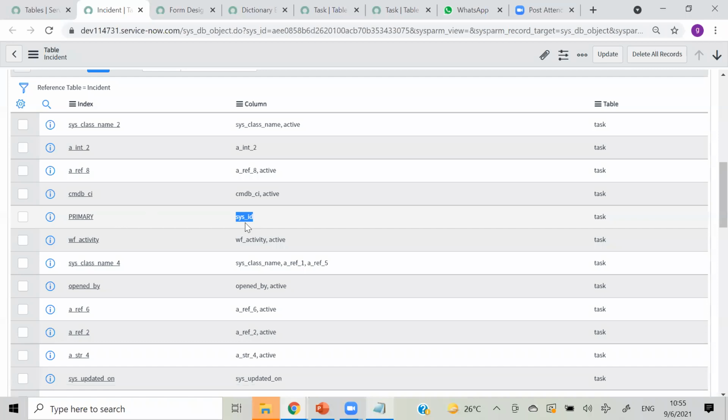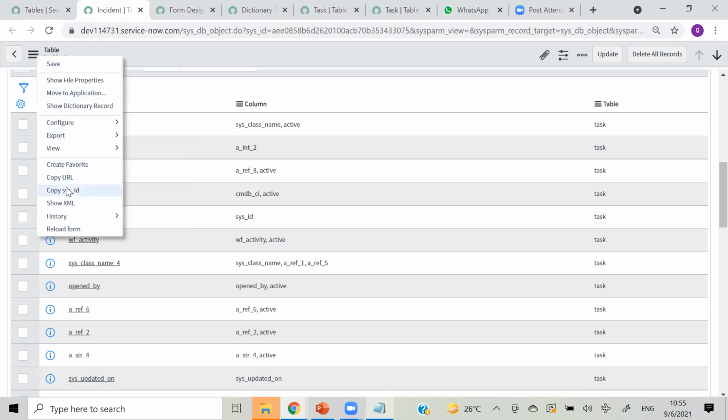In ServiceNow, all the tables will have this sys_id, and that will be your primary ID. We have seen what the sys_id is in yesterday's class. It is a 32-character unique code for all the records. In the same manner, a table will also have a sys_id. Each and everything in ServiceNow will have a sys_id. That may be a record, any code, or any table, any ACL, anything, everything will have a sys_id.